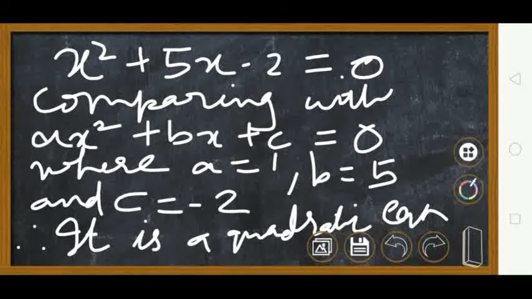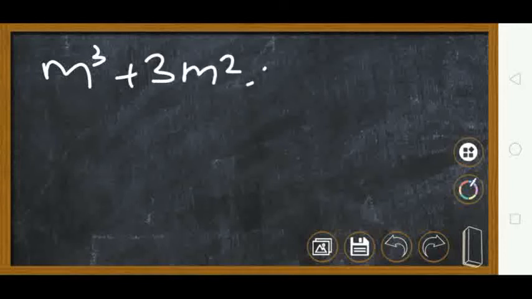And when it is not, you will directly write. Here if you see your fifth sum, again multiply both the brackets and get the answer. And the sixth one, m cube plus 3m square minus 2 is equal to 3m cube. So this first bring it in proper form, that is m cube plus 3m square minus 2 is equal to 3m cube. So bring everything to the LHS first and simplify.